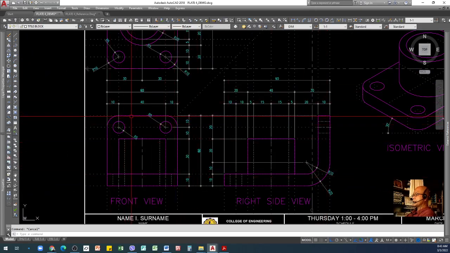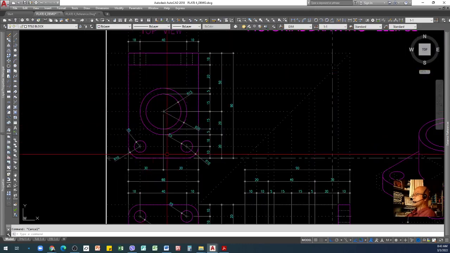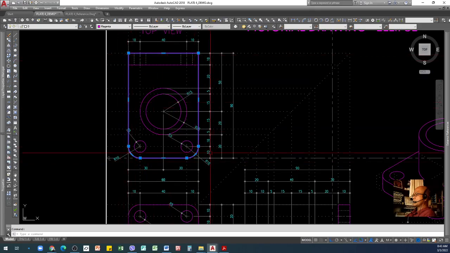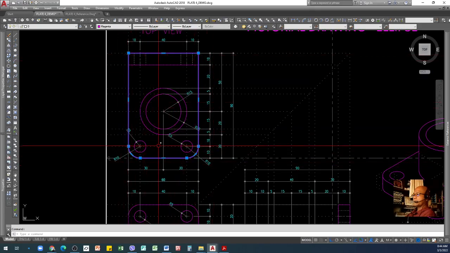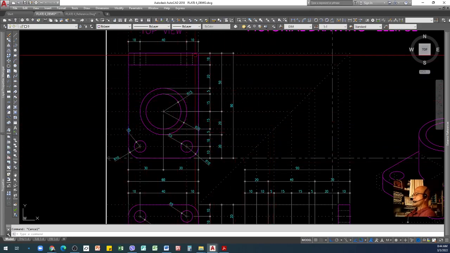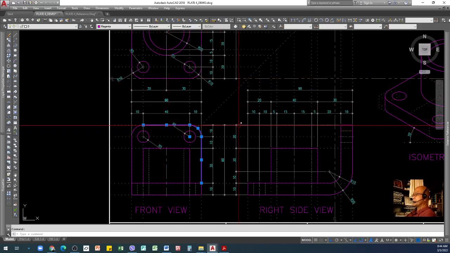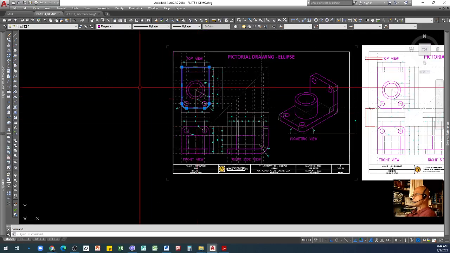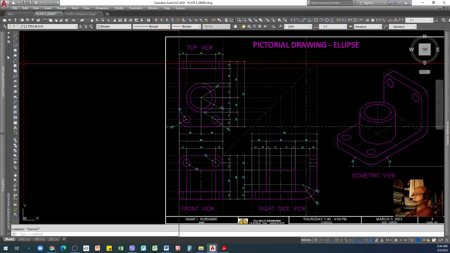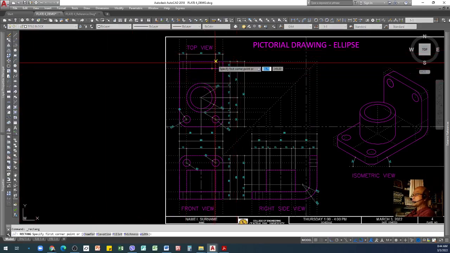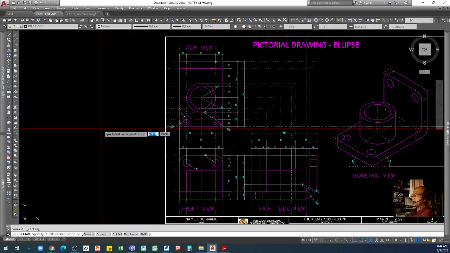You might notice that when I click this one, it's one continuous object, unlike this one, which I did not do similar to the top view. This is an option. I'll teach you how to do it, which I actually demonstrated last time.